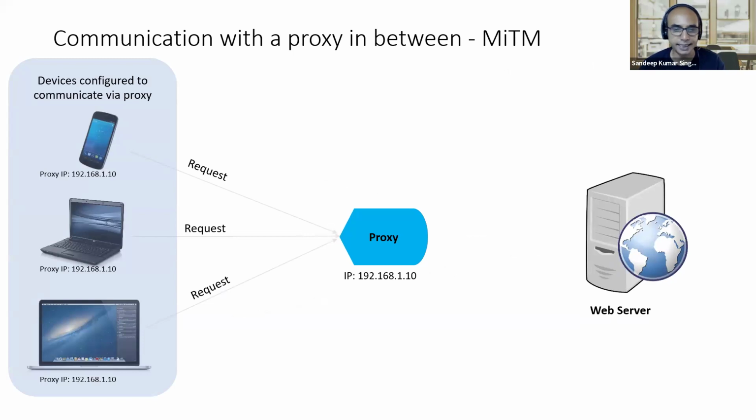There is a proxy that's sitting between you and the server. A proxy has an IP. Proxy IP is configured in all the devices, right? And all the devices also have a certificate of the proxy, right? So that certificate is installed on all these devices, and the request that originates from your device will firstly go